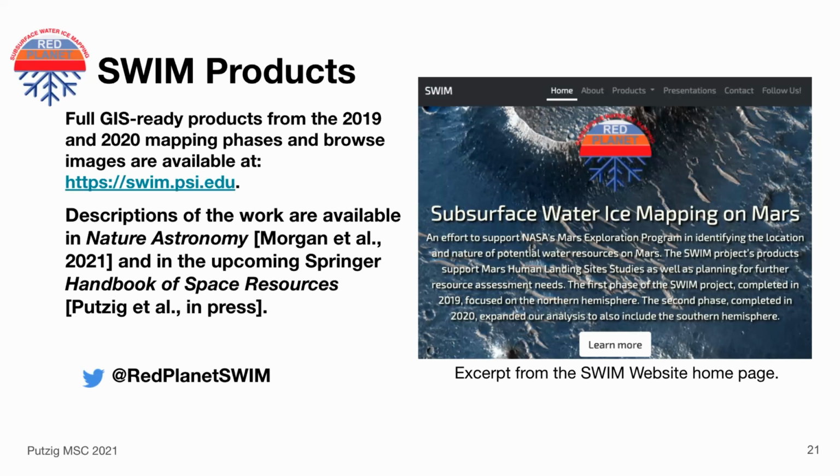These are full GIS-ready products from the 2 phases of mapping. They're browse images to help you orient yourself with where the data are from. Descriptions of this work are in a paper in Nature Astronomy that came out earlier this year by Morgan et